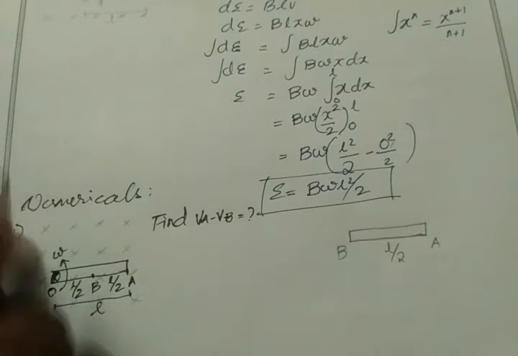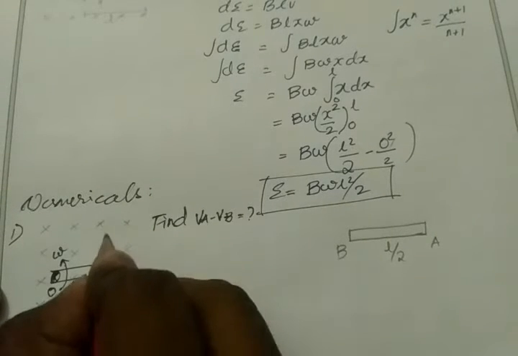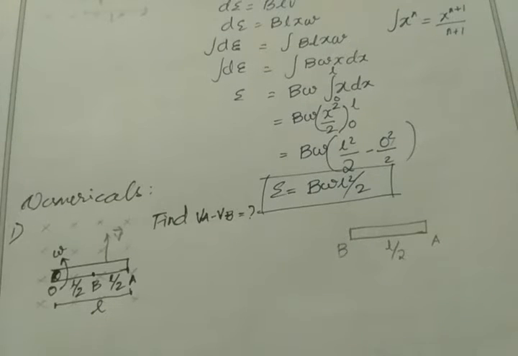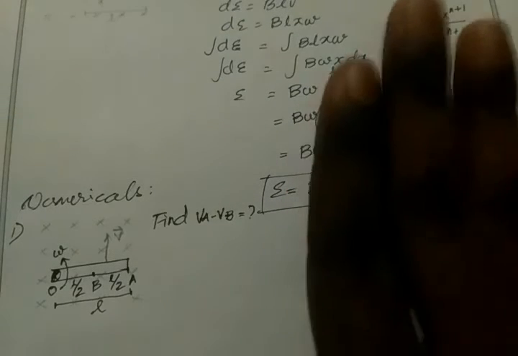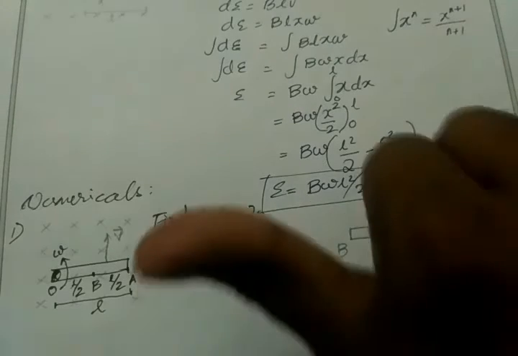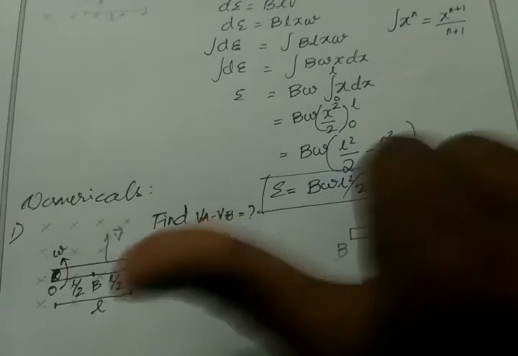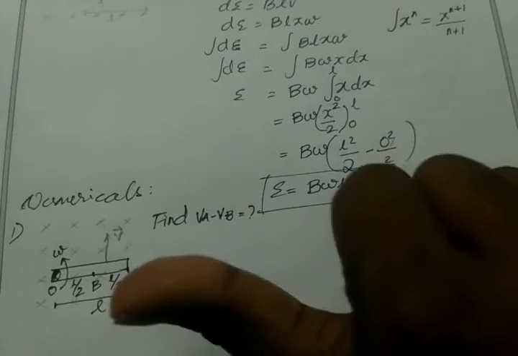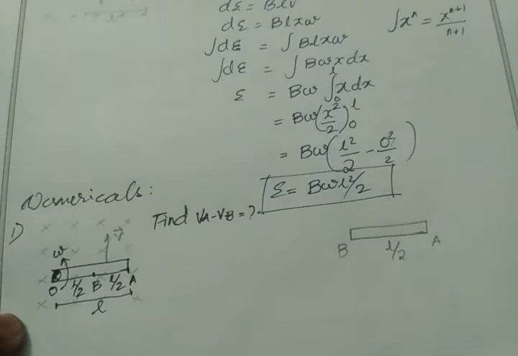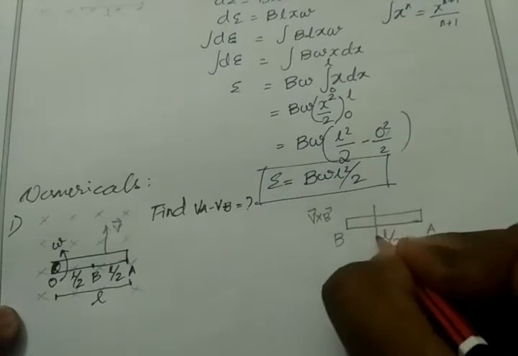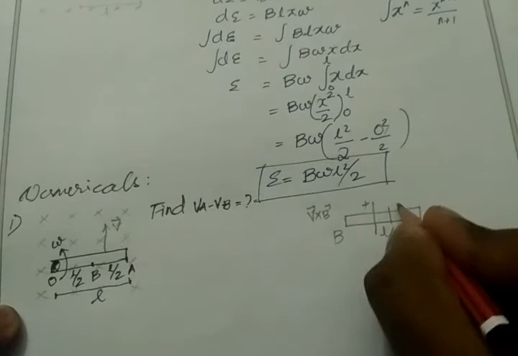When the rod rotates in the anti-clockwise direction, this whole setup moves upwards with velocity v. Correct? So which is the positive terminal? By using the right hand thumb rule, my 4 fingers point in the direction of velocity, then I curl my fingers in the direction of magnetic field, and my thumb shows the direction of V cross B. So V cross B direction is left side. So the left side of the terminal is taken as positive. So this is the positive terminal and this is the negative terminal.